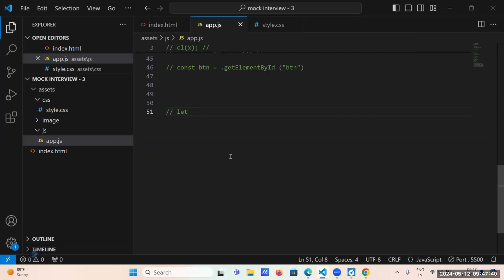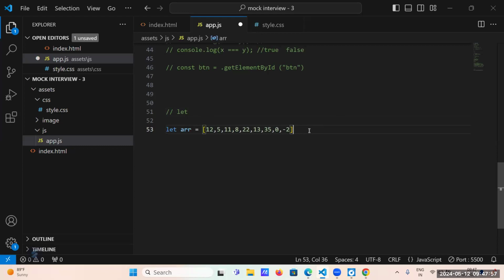Okay. I have sent you an array. In this, you need to filter out even numbers and odd numbers separately. You can save them in different arrays, so two different arrays. And the third one would be to sum all the elements in that array.